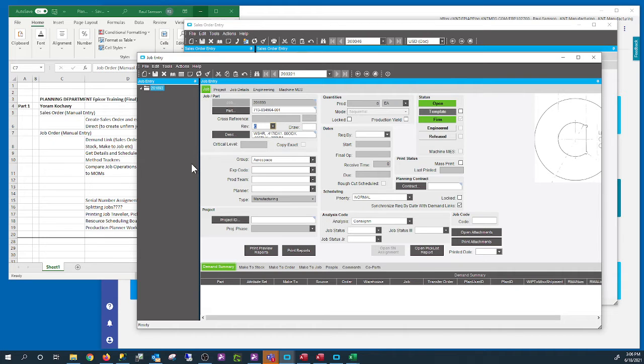Then we want to create what's called a demand. So we have a choice of the demand: create new demand link. And we're saying, what is this for? In this case, we wanted to make it for an order, but it could be made for stock, which means there's no order connected to it, or it could be made for a job, meaning this particular part would be used by another job. So there are 3 choices: make to stock, make to order, and make to job. In this case, we're doing make to order.